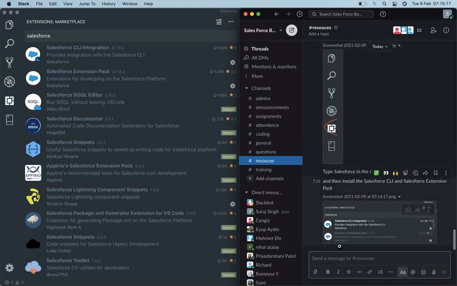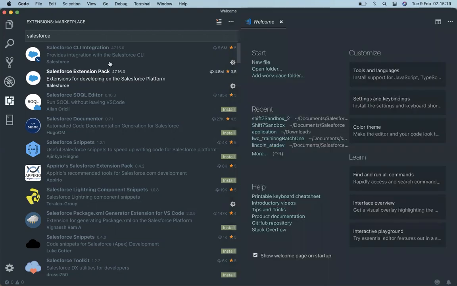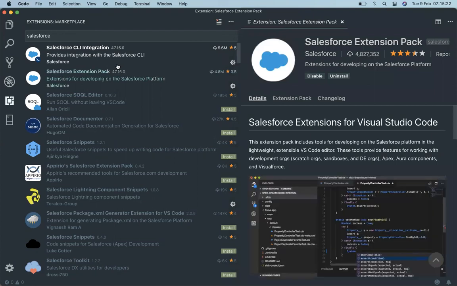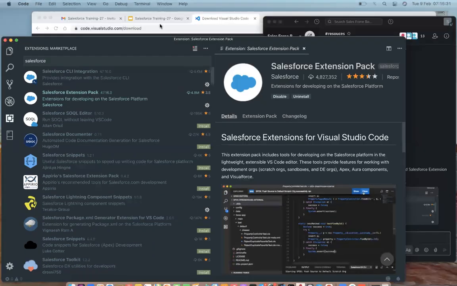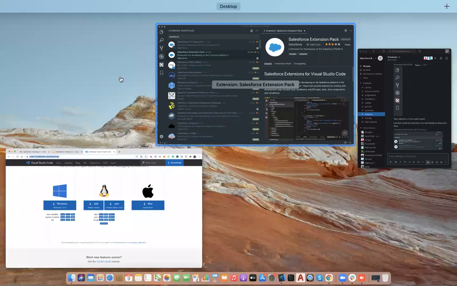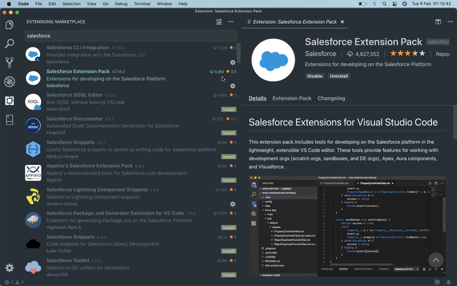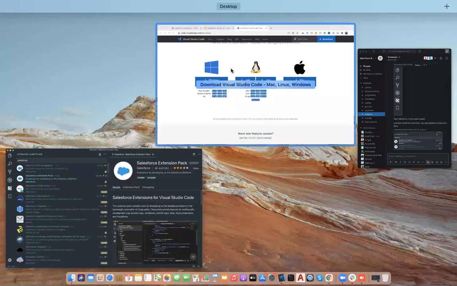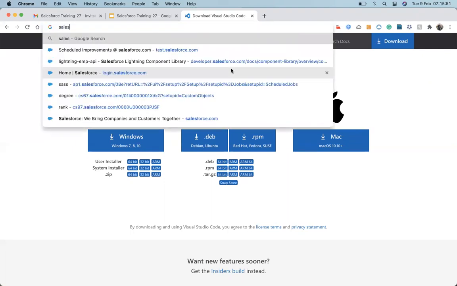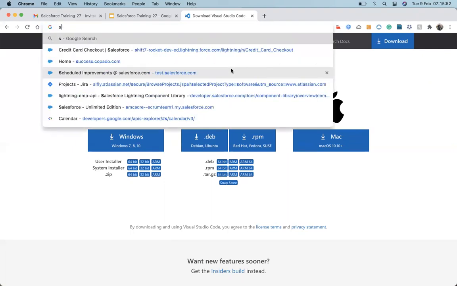Okay, once you've done that, VS Code is now ready to make deployments and extract code, but it's not fully ready. You have to install one more thing called the Salesforce CLI, because it's important for communicating with the org. Now VS Code is ready to accept and receive commands, but the middleware is still absent, that is the Salesforce CLI. So you have to download the Salesforce CLI. Search for the Salesforce CLI.